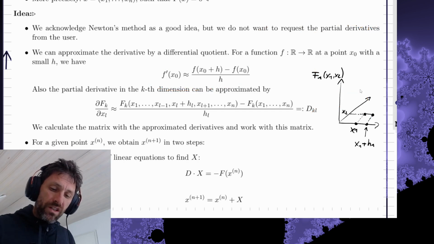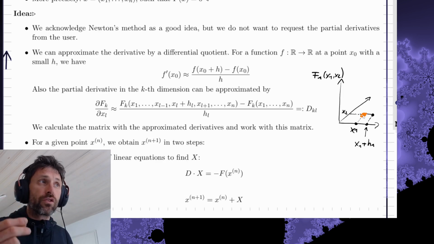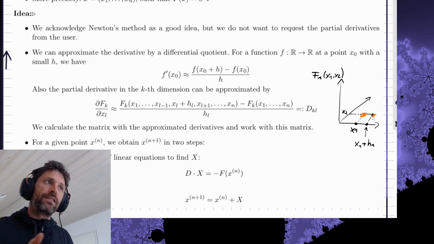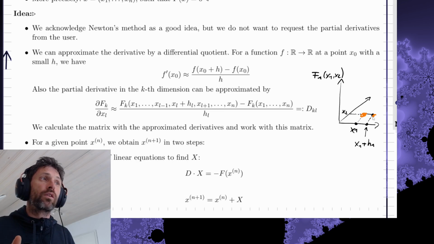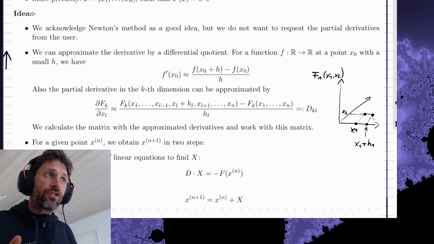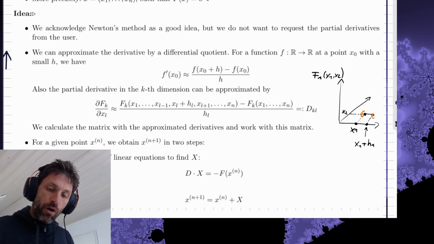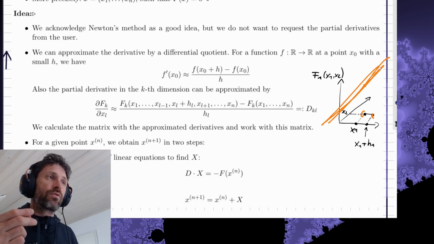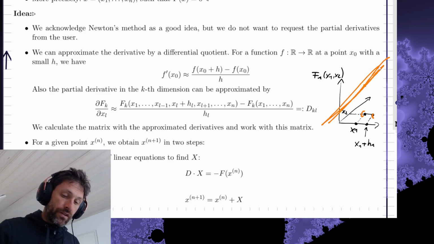Okay, and then what is the partial derivative? Then you are at some point, you want to know the partial derivative with respect to x1, then go a little step to the right in the direction of x1, then take the function value at these 2 points, you get something here, and then the slope of this tangent or this secant is an approximation for the derivative,